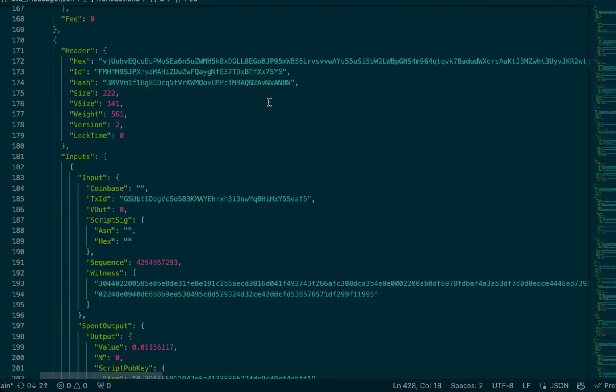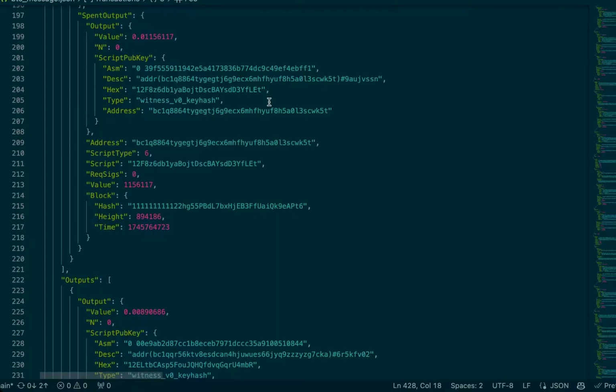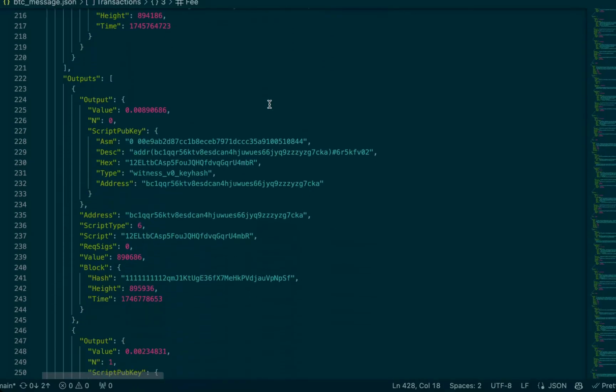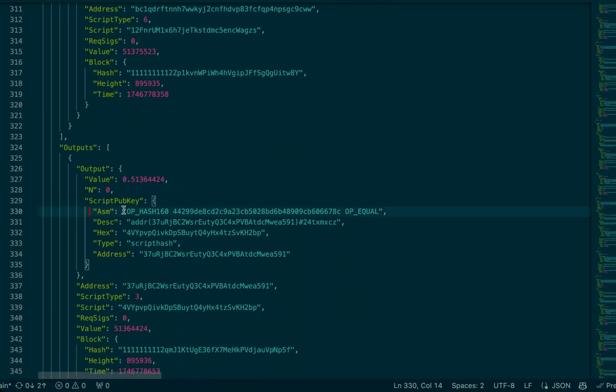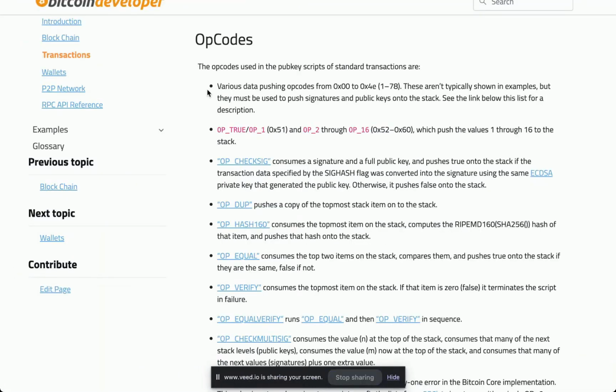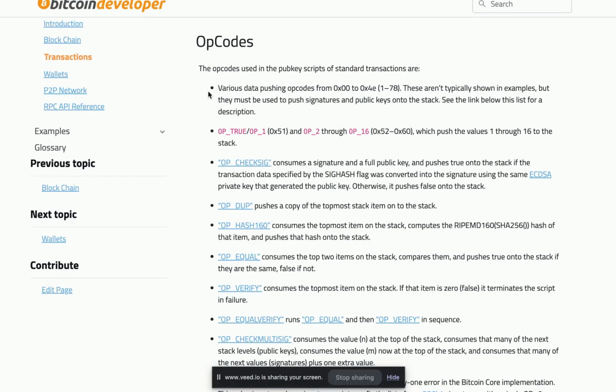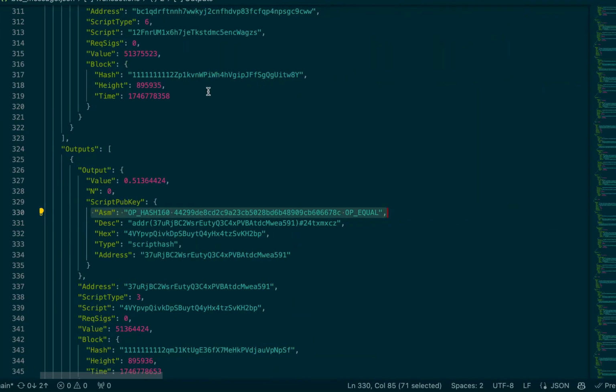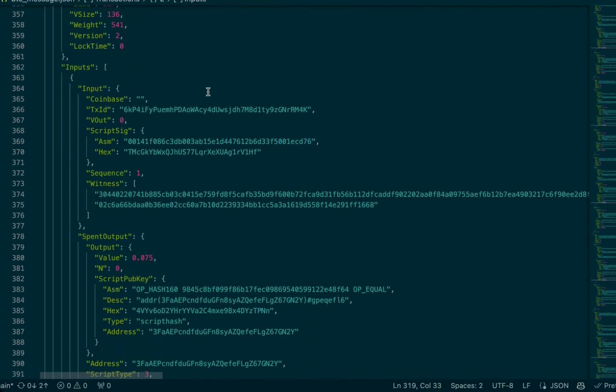The Bitcoin stream includes detailed information on the transaction, including input, output, unspent transaction details, along with detailed opcodes. Some of the meaning for these opcodes can be found in the Bitcoin developer documentation. This transaction detail, which arrives in real time, is useful for custodians and exchanges that need real time Bitcoin